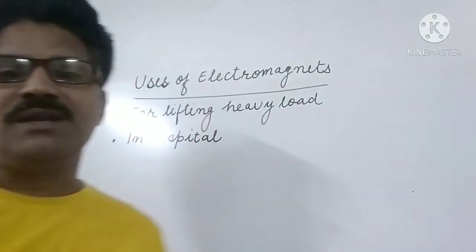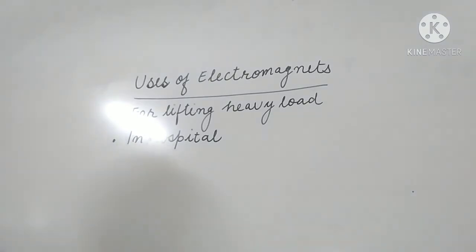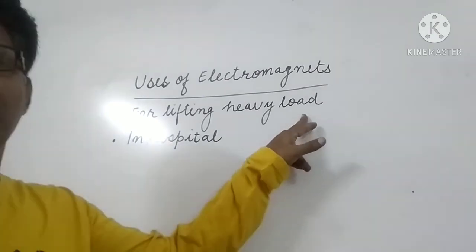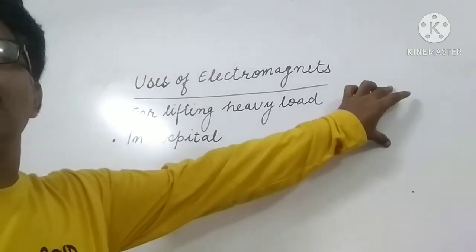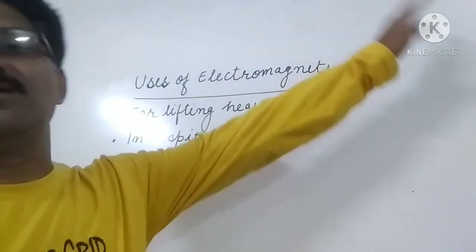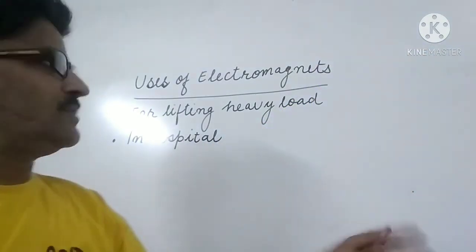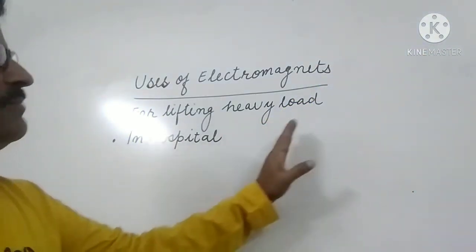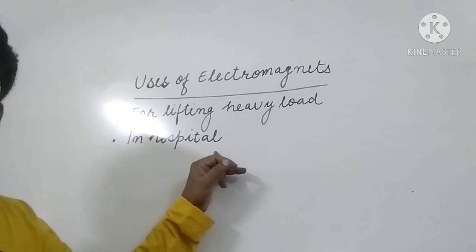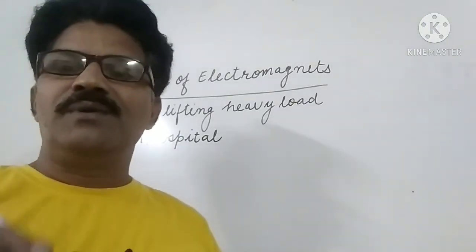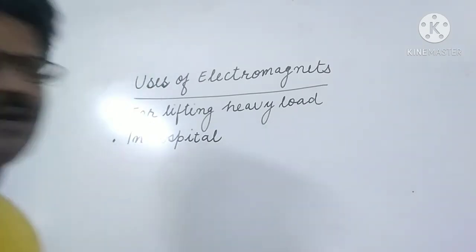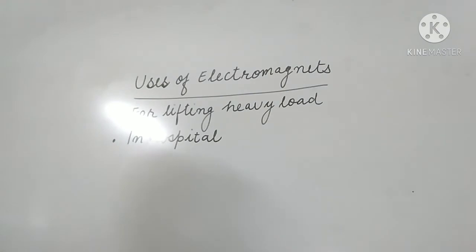Next is for separating magnetic substances from non-magnetic substances. Here, for lifting heavy loads in factories, there is a heavy load which we cannot load onto other vehicles to move from one place to another. With the help of the electromagnet, we take the heavy load from one place to another. Secondly, in hospital, if there is a splinter in the eyes, with the help of the electromagnet we can remove the splinter from the eyes. Third is for separating magnetic substances